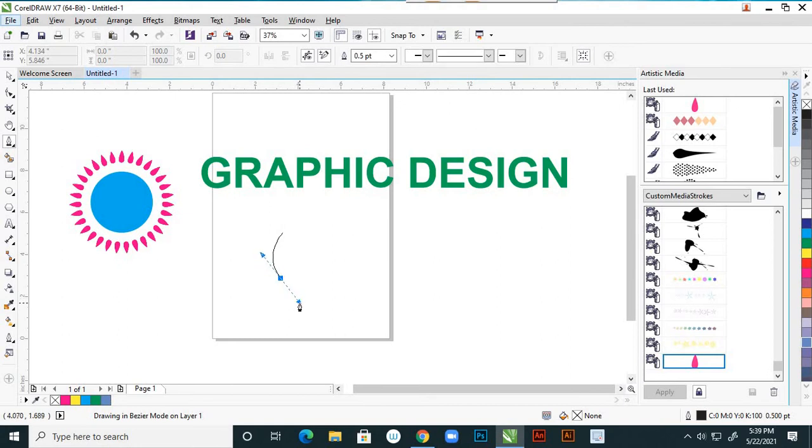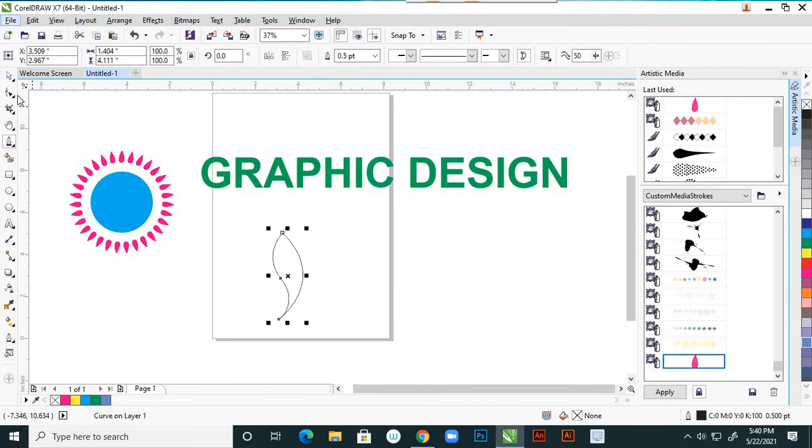I'm pressing Alt. Connect this. Here fill color, so I'm using this color and removing this outline.